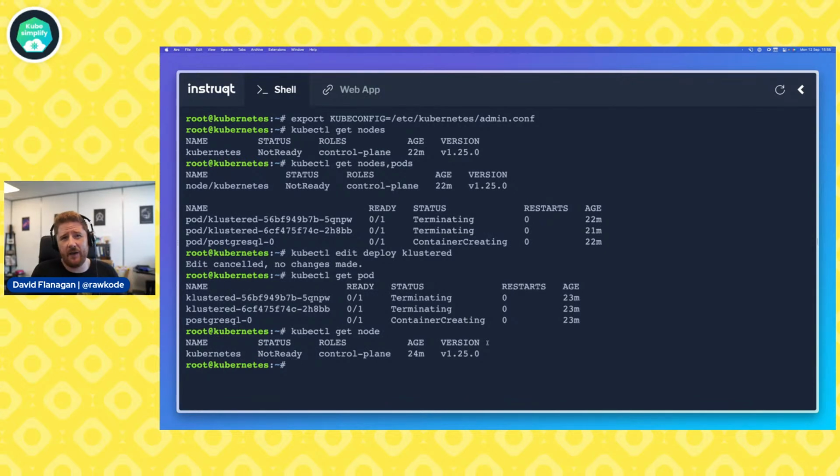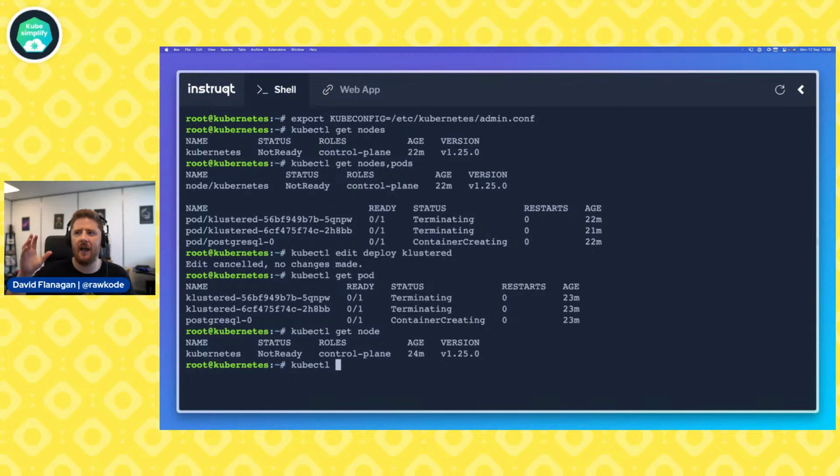Now, there are cases where a finalizer could actually be blocking the release of that resource. But the other hint here is that we have another pod stuck in container creating. The pod workloads being in these two states gives us enough information to make some deductions. But the cherry on the top here is the status of our node. There's very few things that will cause a node not to be ready. So how do we confirm